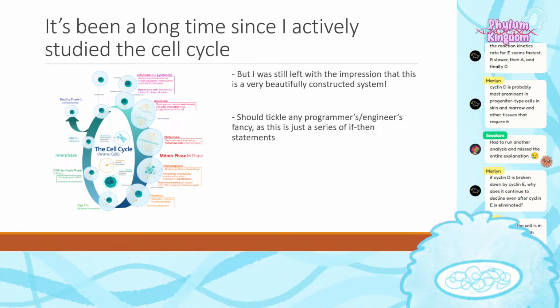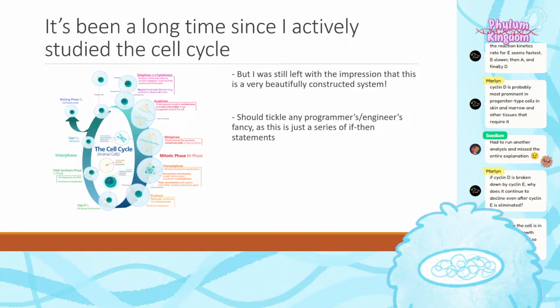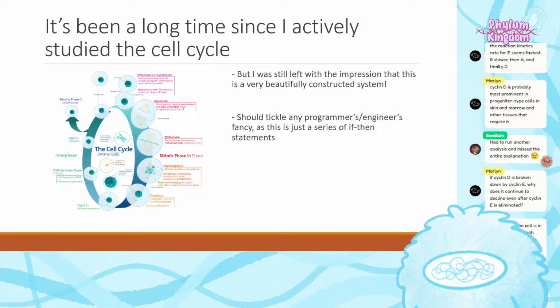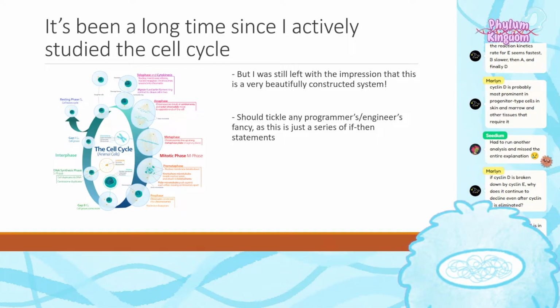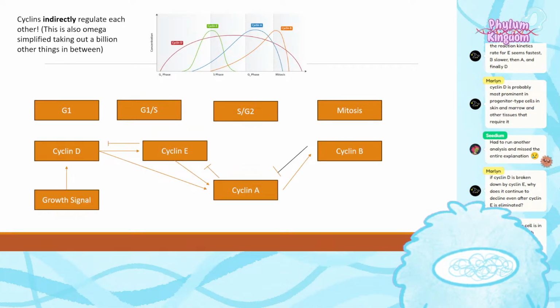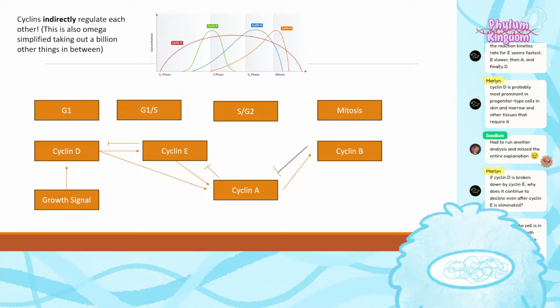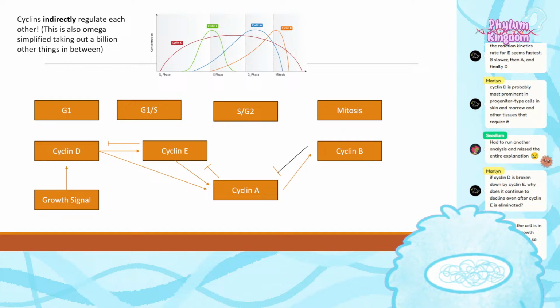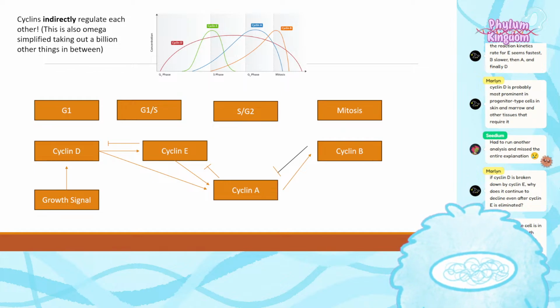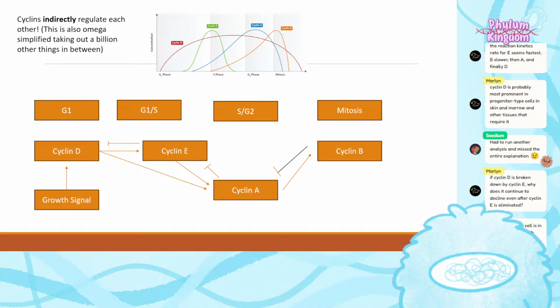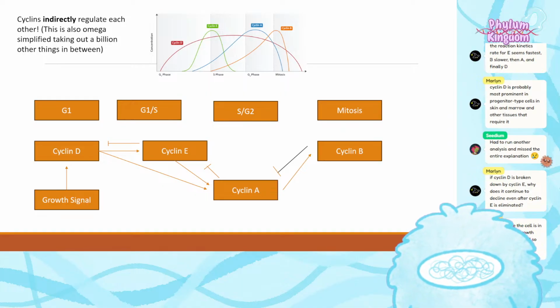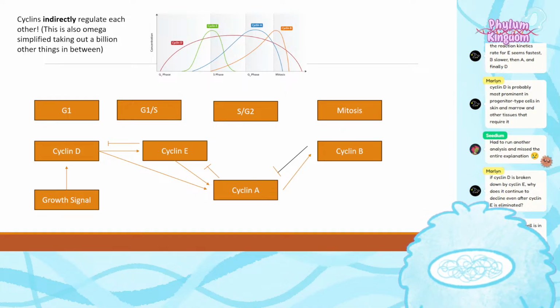So it's been a long time since I actively studied the cell cycle. This is pretty much the only thing that I remembered in any detail, this system of cyclins, because I thought it was very, very beautiful, right? This system of things regulating each other. It's like a beautifully connected network, and they dance together. This is a very elegant dance, and the steps have to all be done correctly. Otherwise, you should not be allowed to proceed to the next step, right? Because catastrophic things can happen if you divide without being ready.